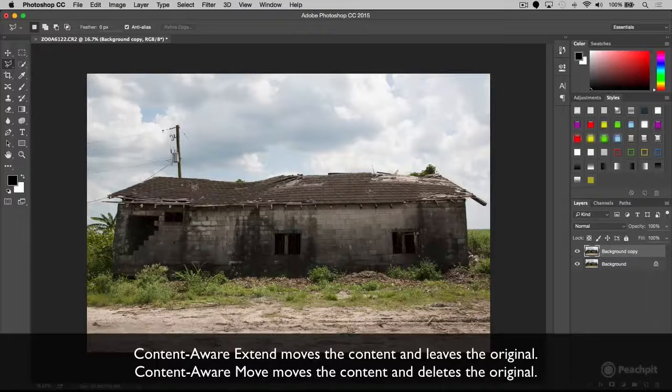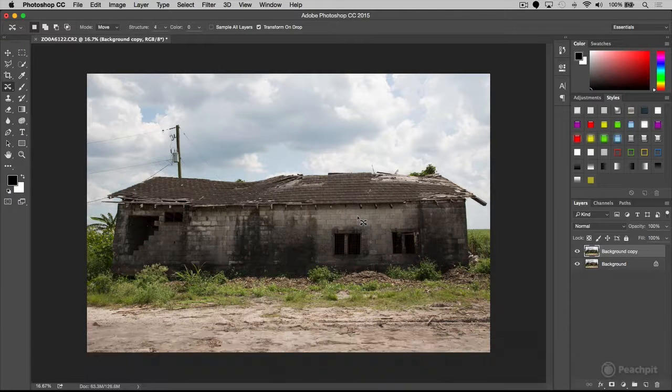So here's a quick illustration of the difference. So I'm going to select an area here, this set of windows, and go to my Content Aware Move tool. Now, if I choose Extend, when I move it, click the check mark, and Command or Control D to deselect, it moves it, but it leaves the original. So that's Extend. If I change the option to Move, now when I move the window, I click the check mark, you can see it fills in the hole of the old one, and the new one lands where I put it. So let's hop back into our project and see how we can use this to extend the fence